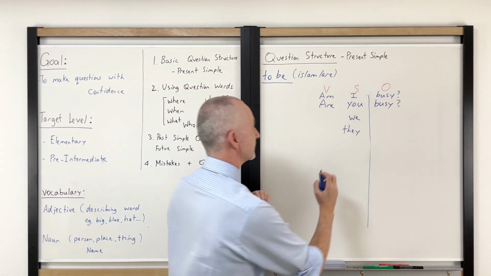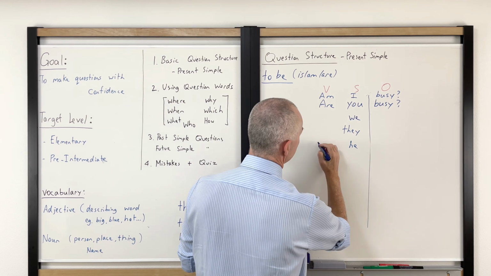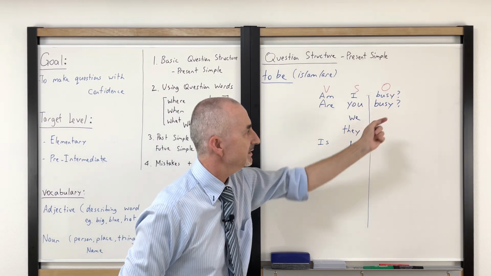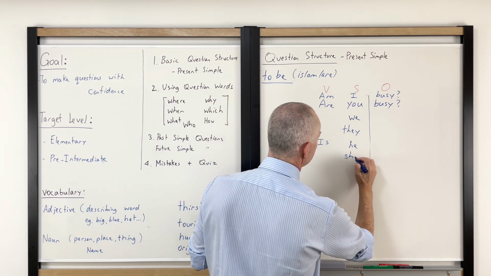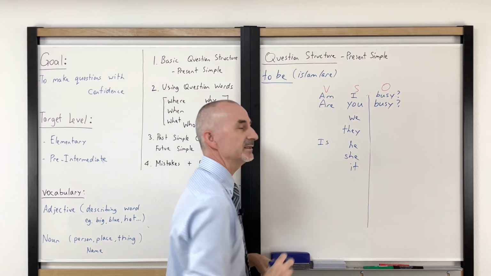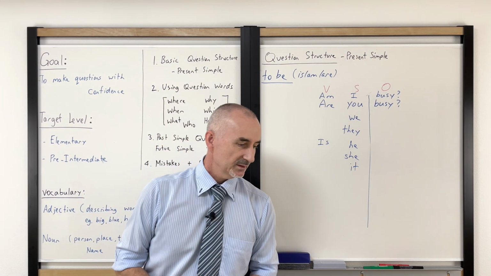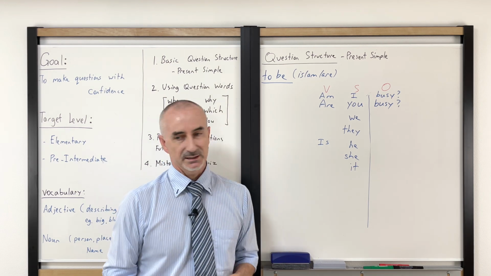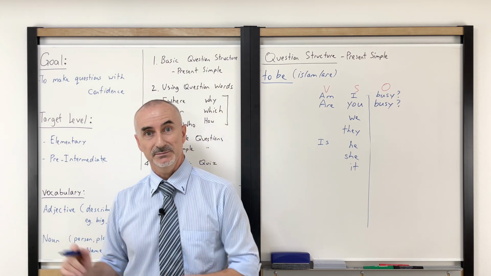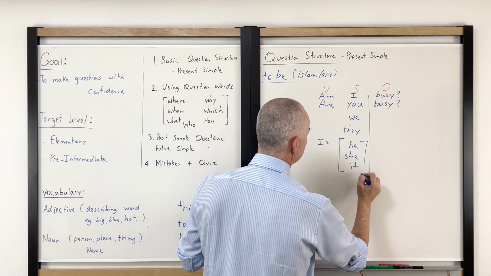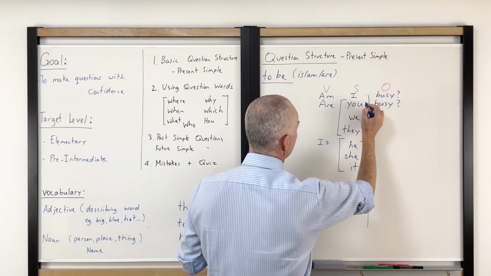What's next? He. But we have to change the verb. It becomes, is he busy? Let's add a she. Is she busy? And finally, is it busy? Is your day busy today? Is it busy? Is the shop busy? Is it busy? Okay, so you can see how he, she, and it use is, and you, we, and they